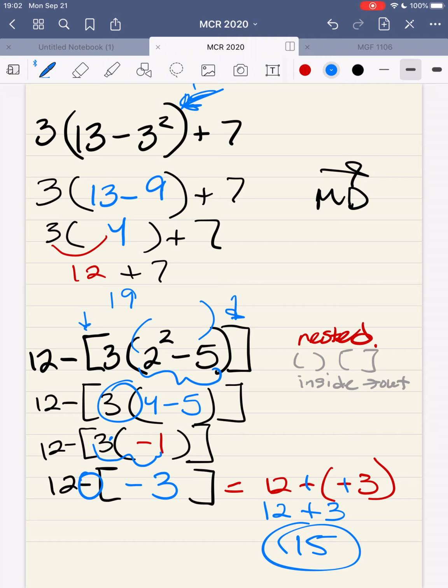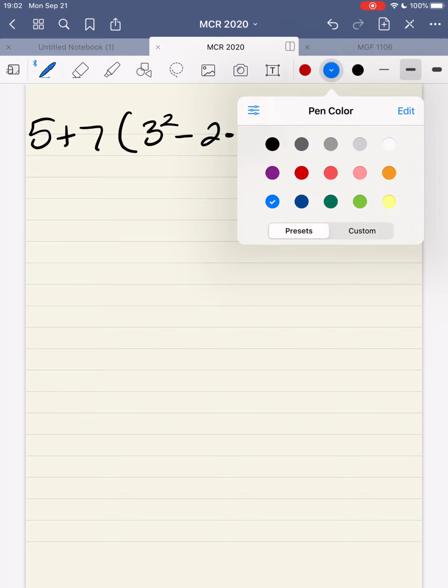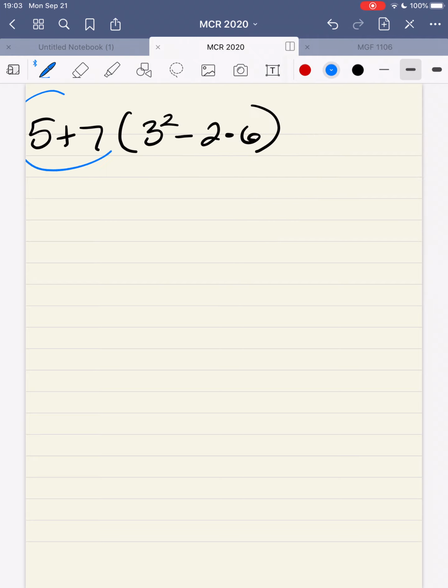So with order of operations, you've got to be really careful and make sure you're doing everything in the correct order. Okay, let's go ahead and look at something a little more extravagant. So inside here, everything that is here right now is not a concern for us, because our order of operations tells us I have to deal with the parentheses first. Okay, so I can ignore everything I circled in blue and totally focus on just the stuff that is